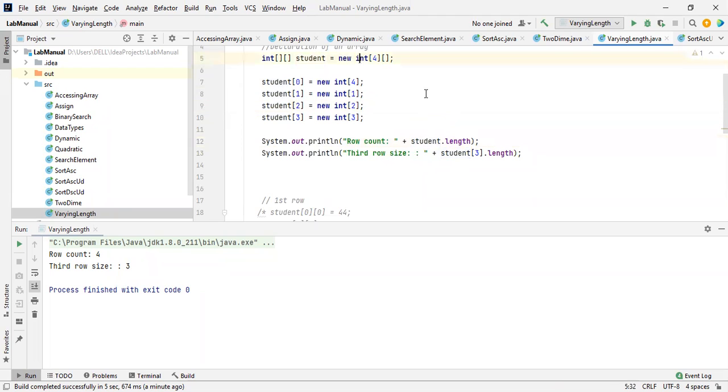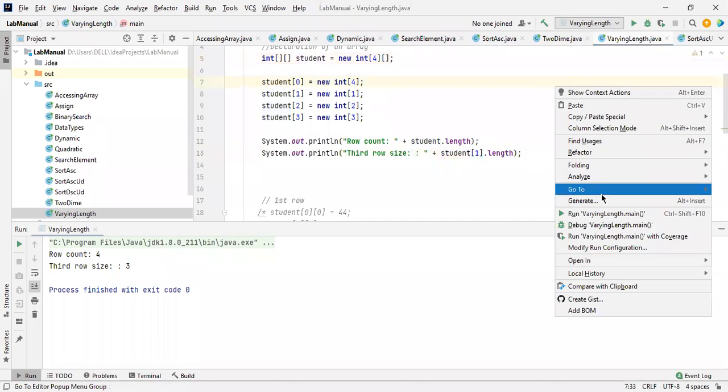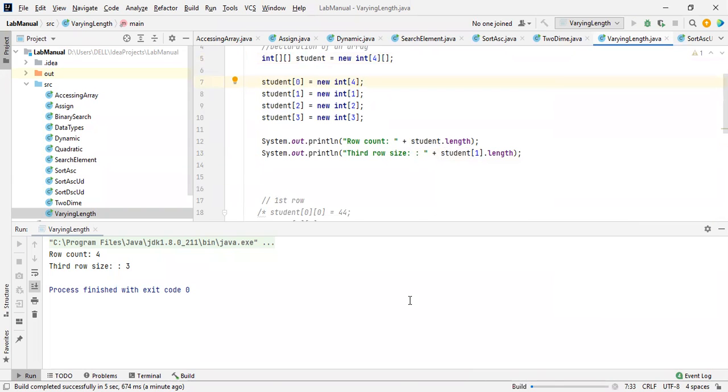So it has length 4 based on the particular student array. But inside that, how are we going to calculate? Like this. Student 3. So we are going to take 3, that is 0, 1, 2, and 3. Which is the final row? 0, 1, 2, and 3. Which is the final row? Let me show you, like 1. How many? 1 consists of only 1 element, so it shows only 1. Yep. See this. I think you got a good idea about this.